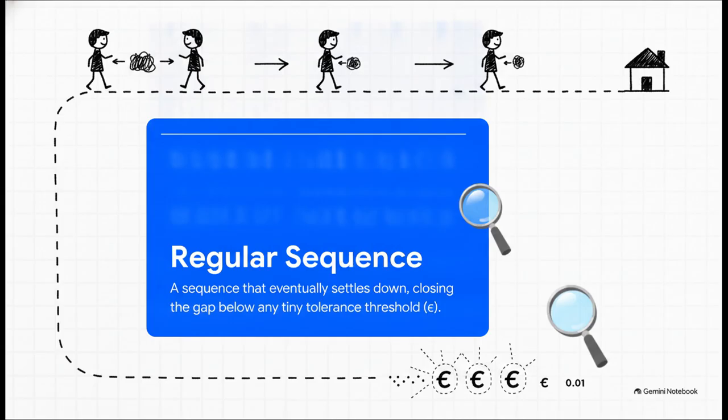In math, we say a sequence is regular if it eventually settles down like this. To measure this settling, we use a special symbol called epsilon, which looks like a little curly e. Think of epsilon as a tiny, microscopic doorway they both have to fit through together. It simply represents our tolerance threshold. It answers the question, how close do you want them to be? If we set epsilon to a 0.01 gap, well, the friends eventually get closer than that and they fit right